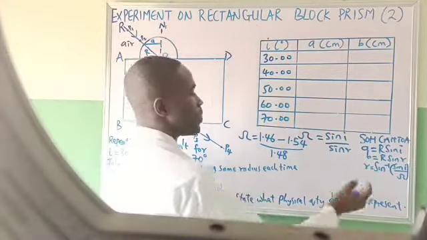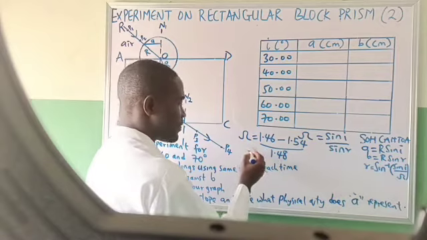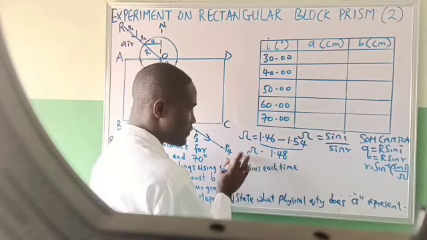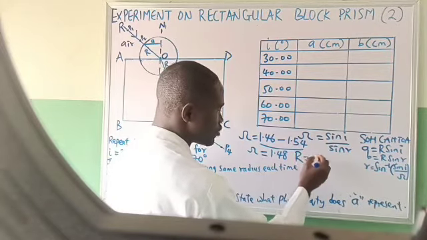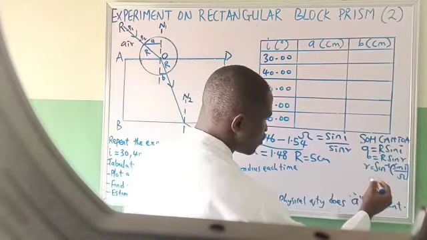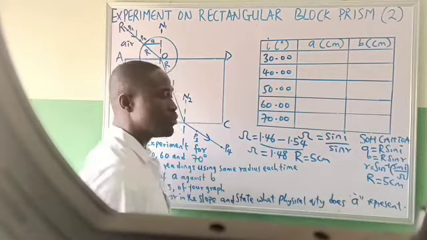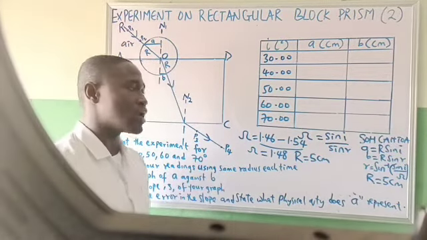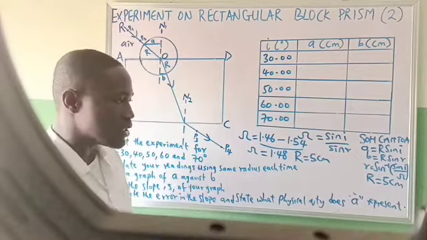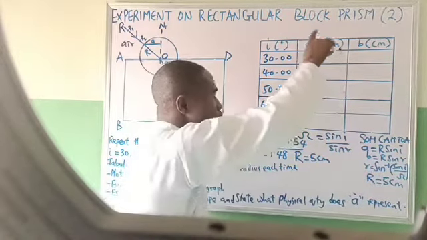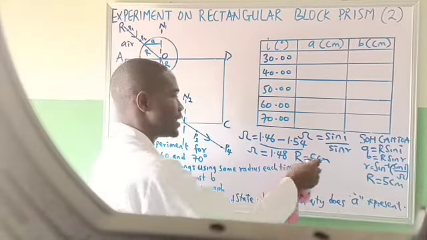So let's get our A first. Now this is the refractive index we are using. Refractive index is equal to 1.48. Radius is equal to 5 cm. So we'll be using capital R to be 5 cm. You can put any radius you want. You can use 1, 2, 3, 4, 5, 6, 7, any number you want. But that number will be unique. You will use it throughout. So, having noted that,